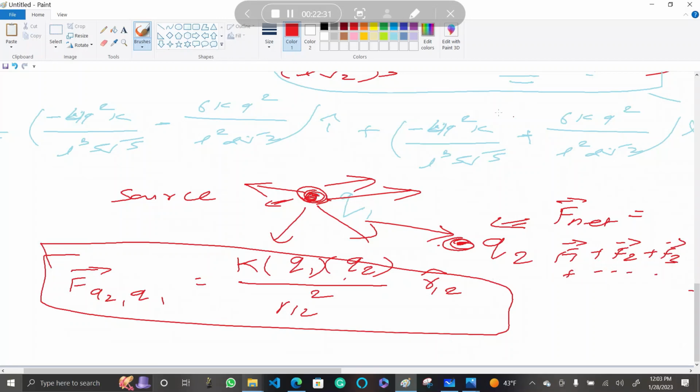This would give you the proper expression. And if you have more than one point charge, then the net force on the destination charge is the vector sum of all forces because of the remaining charges on